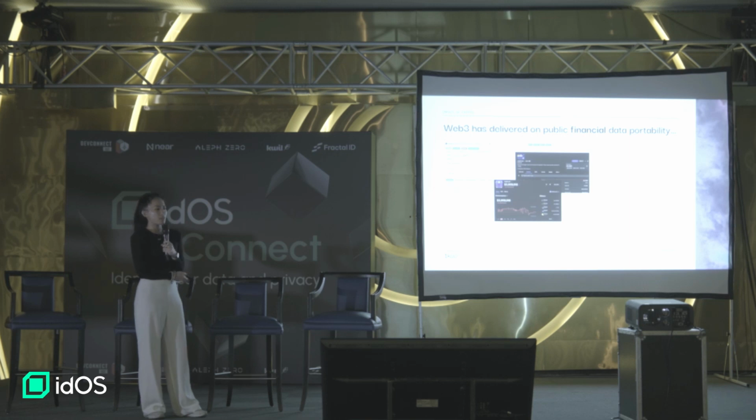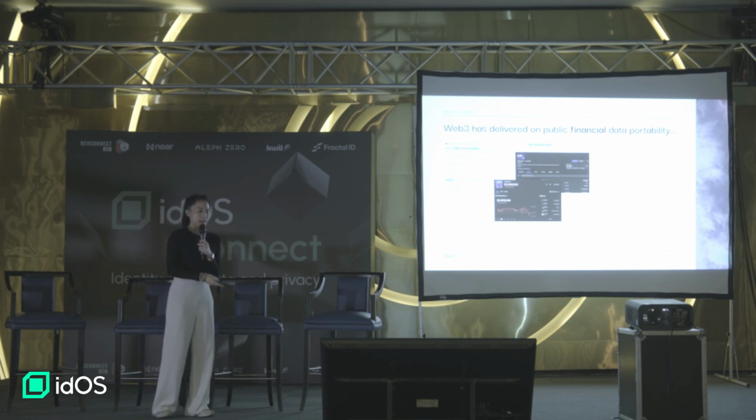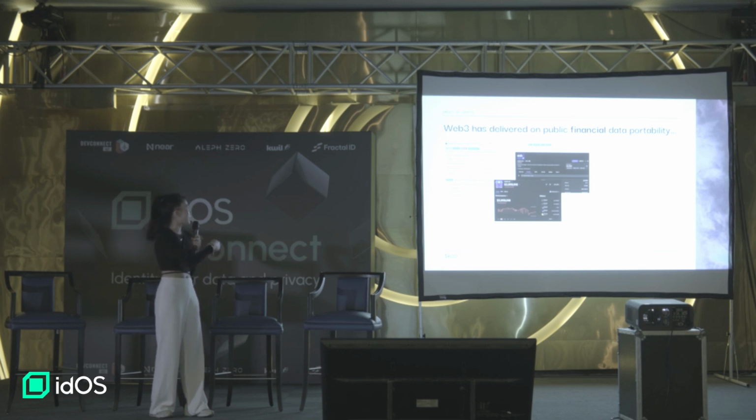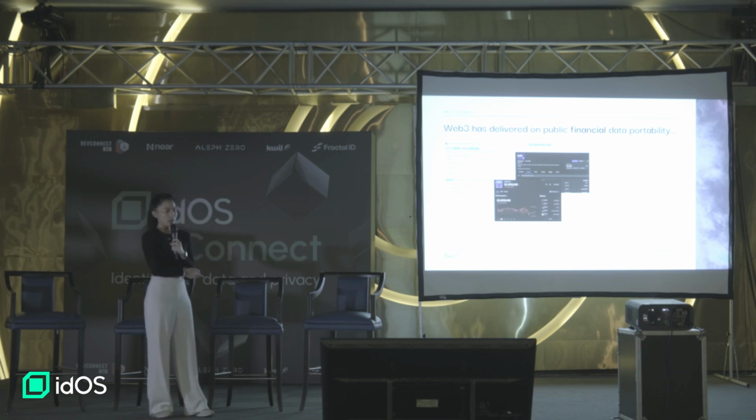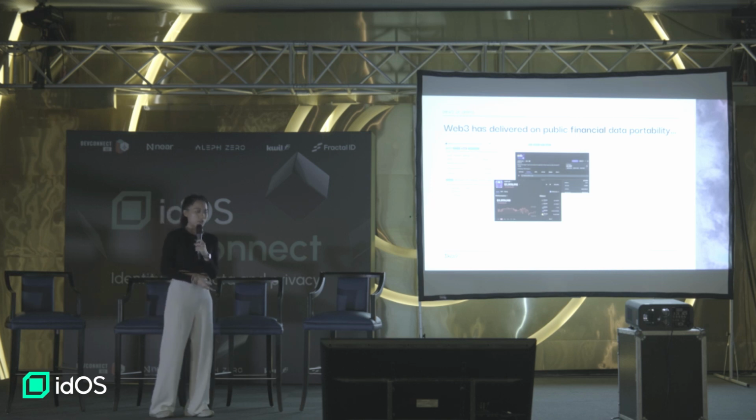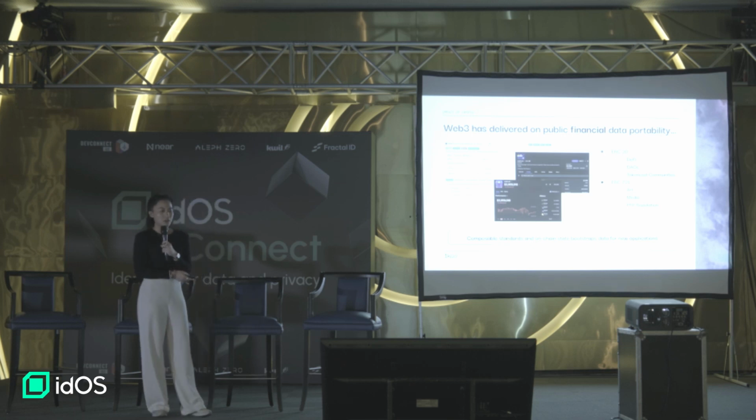If you think about what Web3 has been really good at delivering, it is public financial data portability. You have your one address across different applications, like Zapper, Zerion, Etherscan. Different applications can be built on top of just public blockchain data, right? And it gives users plug-and-play financial data identity across different applications. What allowed this is on-chain standards, on-chain state, and composable standards on the blockchain, where everyone reads from the same sort of API to understand what an asset is doing.